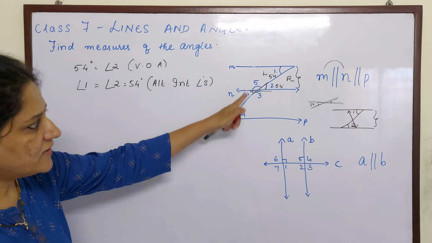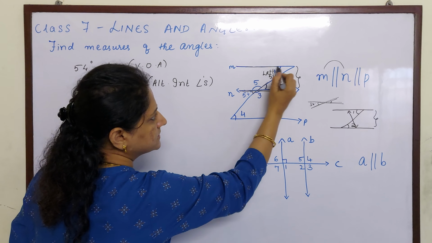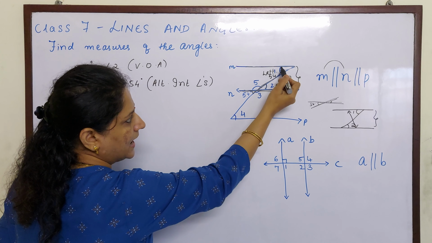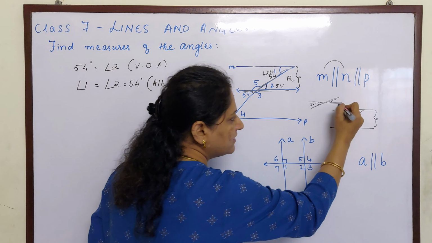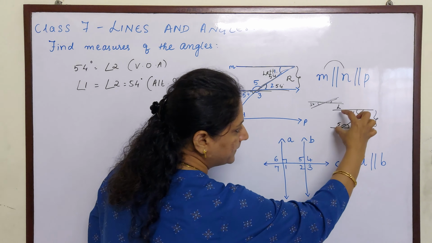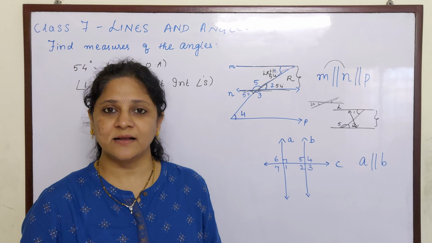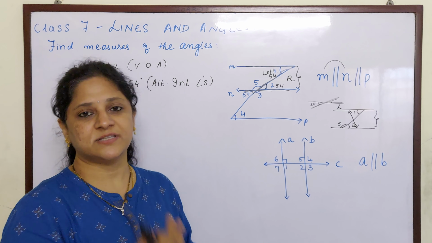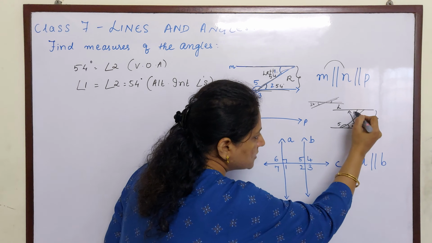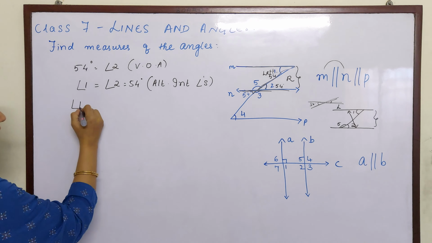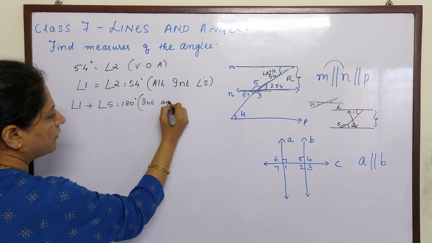Right? Now, where is angle 5 children? This is also on the left hand side. See, this is a line, this is a line, this is the transversal. Angle 1 is on top, angle 5 is on the bottom. And both are on the left hand side. So they are also lying between these two parallel lines, that is M and N. So what angles are they? Interior angles on the same side, that is the left side of the transversal, and interior angles on the same side of the transversal are supplementary. So angle 1 plus angle 5 is supplementary. What will be the reason? Interior angles on the same side of transversal.